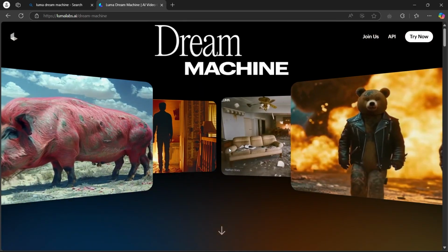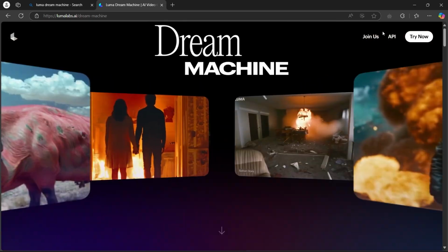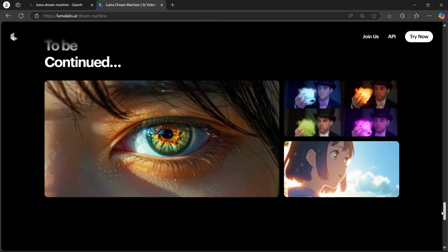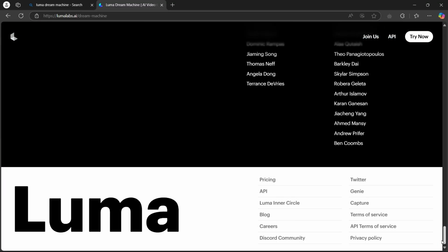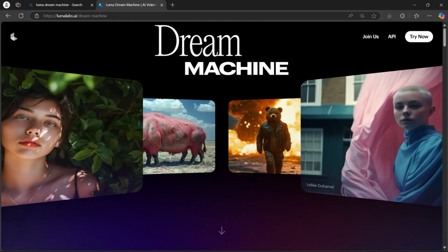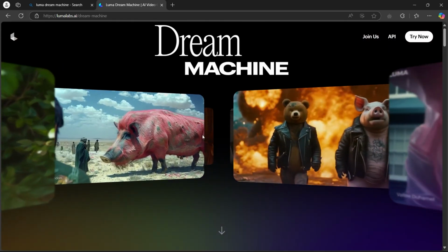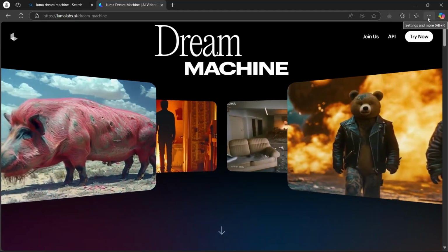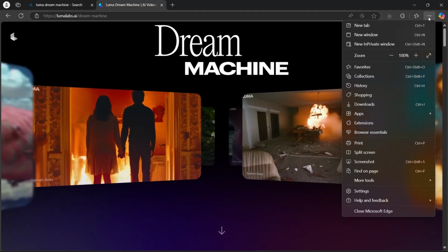Now you will see a page that will look something like this. Here you can see you just have join us, API, and try now buttons. There is no way to download this application, but I have a workaround through which you can easily access Luma AI like an application. Simply click on the three dotted icon at the top right corner of the screen